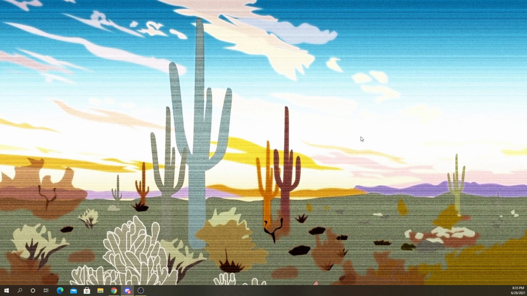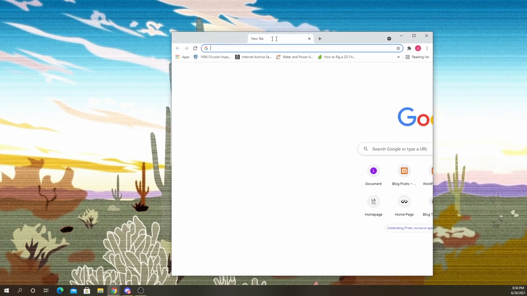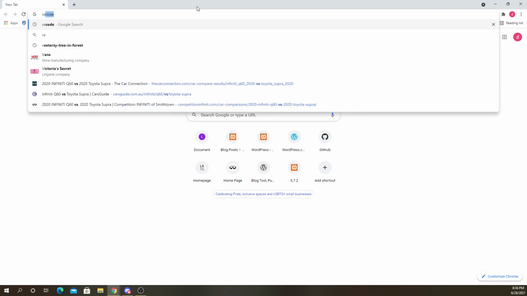So the tools that we're going to use for this, we don't need to use Dreamweaver. I don't really use it anyway, even though it costs money compared to VS Code, but it's not all that much better. I don't think it's better at all, honestly. So let's install VS Code if you don't have it.